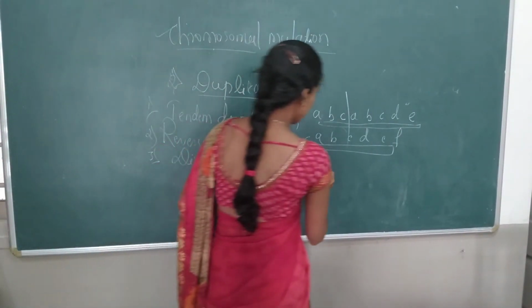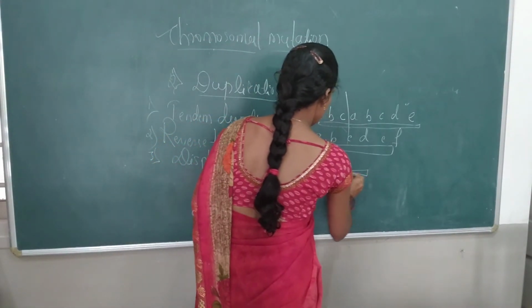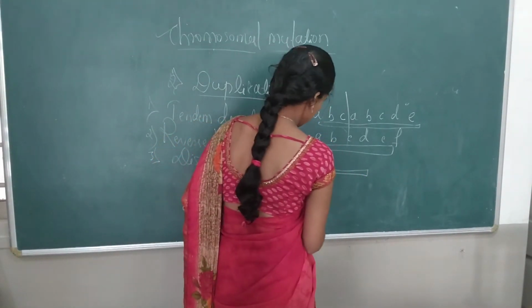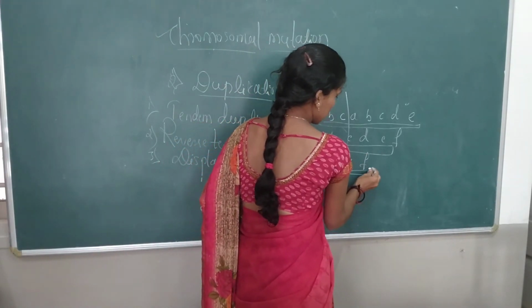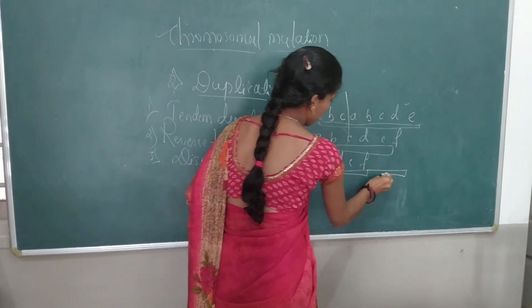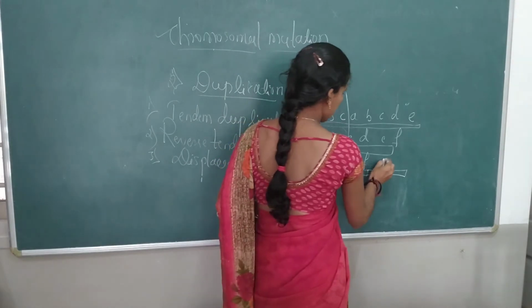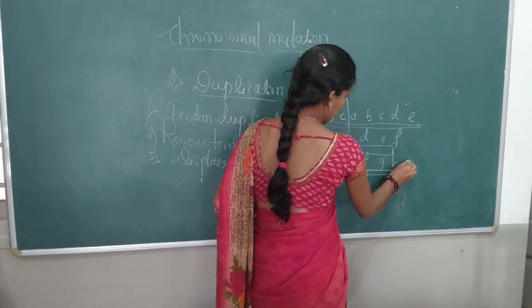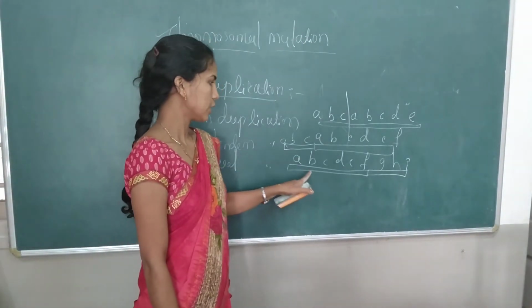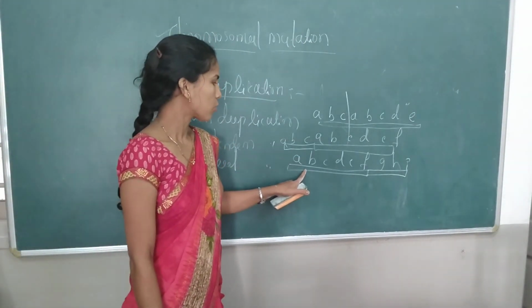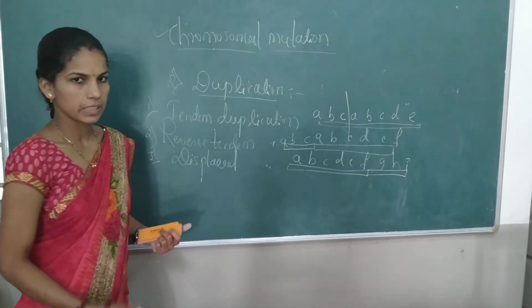Displaced means it will be attached to a non-homologous chromosome. The different chromosome or genes will be attached to the original chromosome. If it has A, B, C, D, E, F, then a different segment of the chromosome comes and attaches here, with different genes like G, H, I. So different genes will be attached to the original form of the chromosome, which has different genes here. That is the displaced duplication.